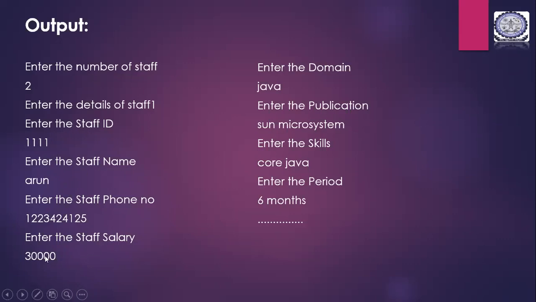You can have a floating type value or you can just have this kind of value. Salary can be given in long or float. Anything can be followed. With float, you can have a decimal point. Some of them might have 30,000 something, some change, point 226 paisa or something like that. So that can be displayed, or you can have it without that. The domain of this app is Java, hence we have taken it as string. The publication is Sun Microsystem.